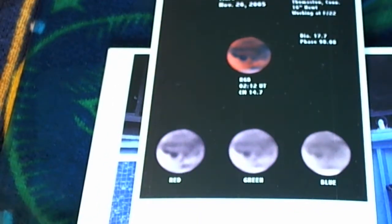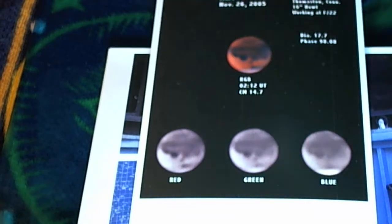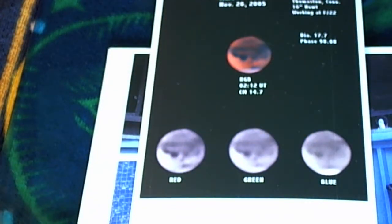The CCD camera that I used is a black and white camera. But notice the finished image, which is up here on top, right here, of Mars, is in color. Now, how do you do that with a black and white camera? Well,